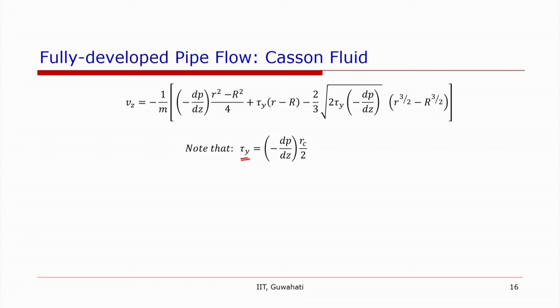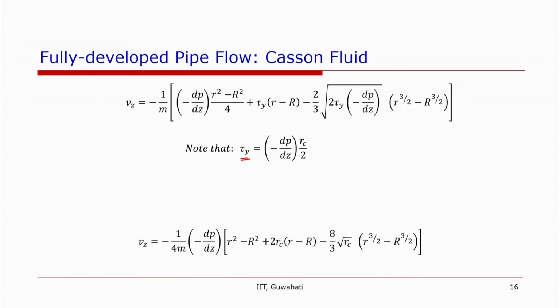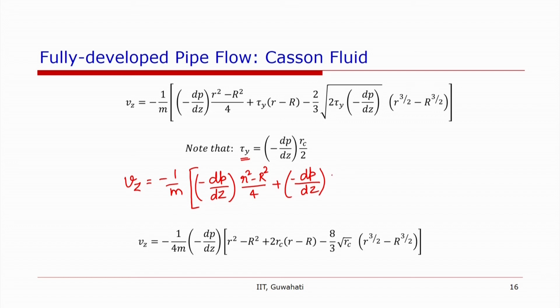So if we substitute and obtain this in terms of RC, the radius of the core, we will get the velocity profile Vz is equal to minus 1 over m, minus dp by dz, and this will be r square minus capital R square by 4 plus minus dp by dz into RC by 2 multiplied by R minus capital R